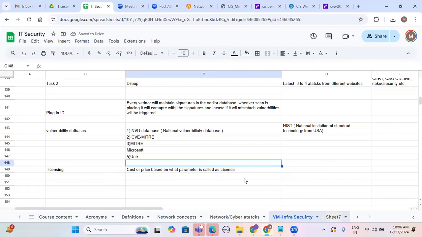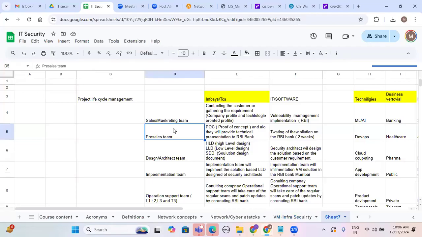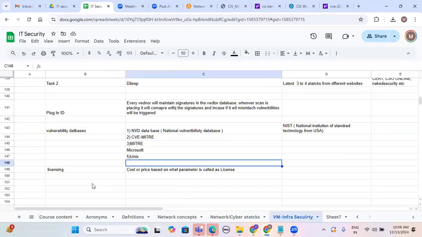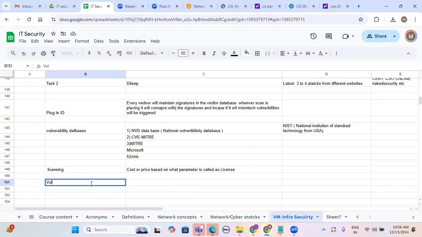So what did we discuss in yesterday's class? Sales team, pre-sales team, design team, implementation team, operational team. Now we have to go through all these options. Okay, let's go back now. How to purchase this tool? So the vulnerability licensing option is based on